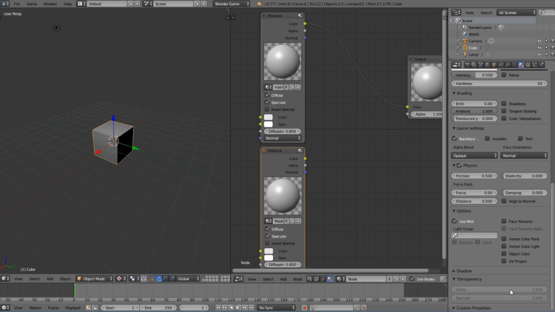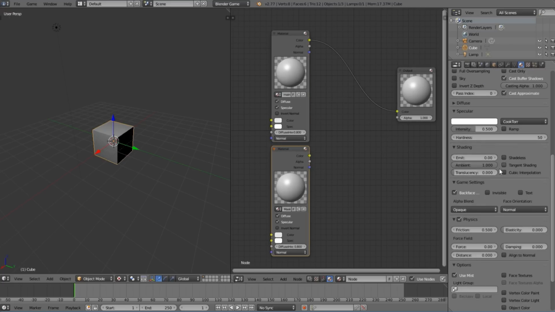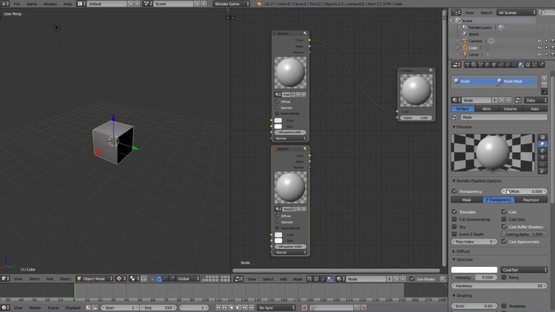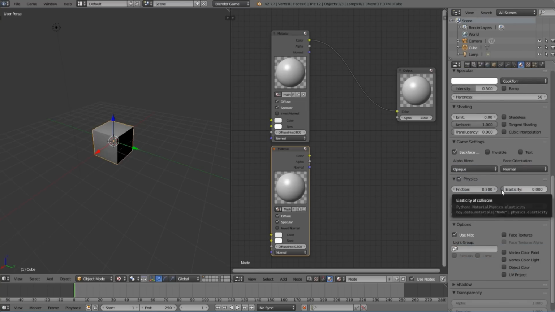Now this can be animated, and it does work in the viewport, and this value will change in the viewport. Sorry, but it doesn't work in game, so we've got to have another material for the mask for in game. So this is going to be a bit more expensive, because having 3 materials here, I believe this will have 3 draw calls. So you're only going to want to do this on very specific objects, say